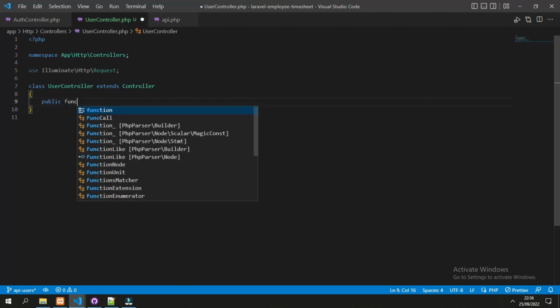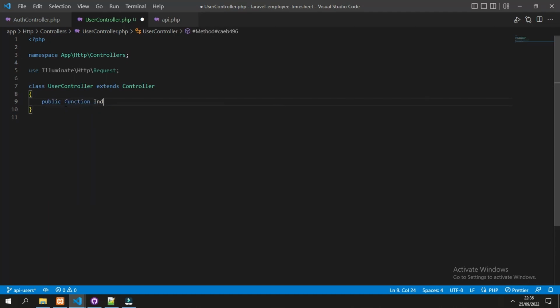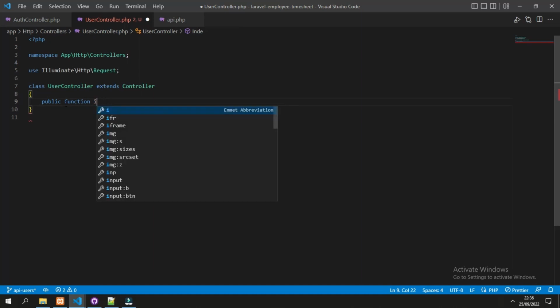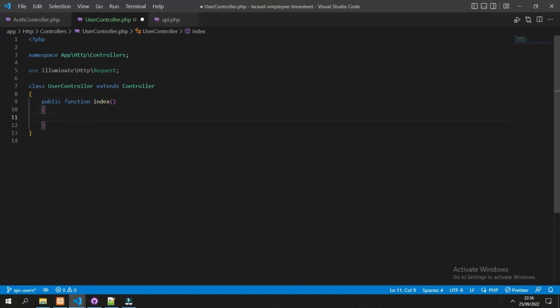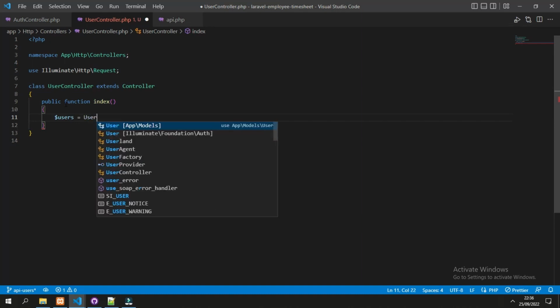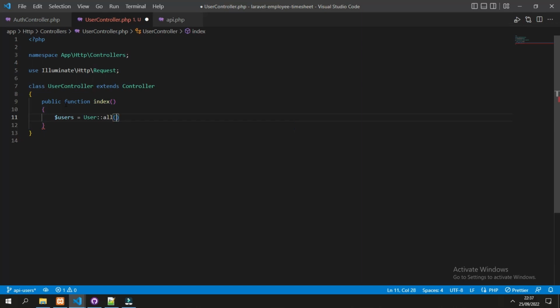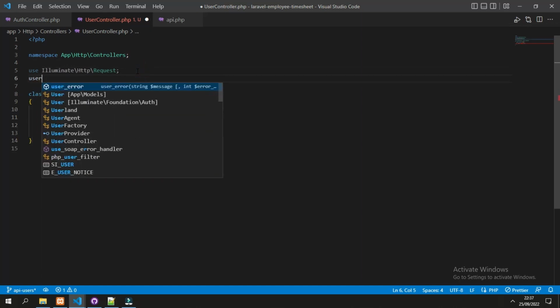Public function index. What we need to get is first all the users, User::all, but we need to import the model first.